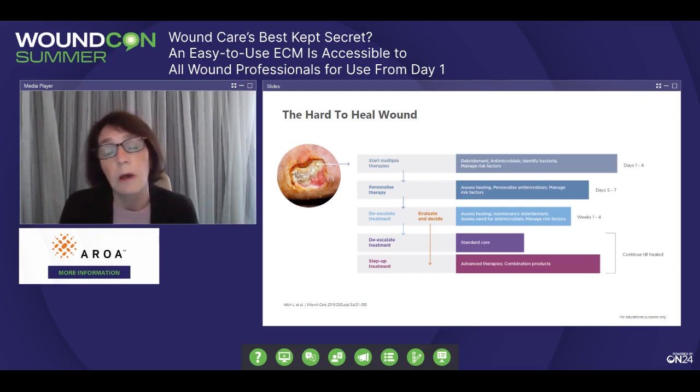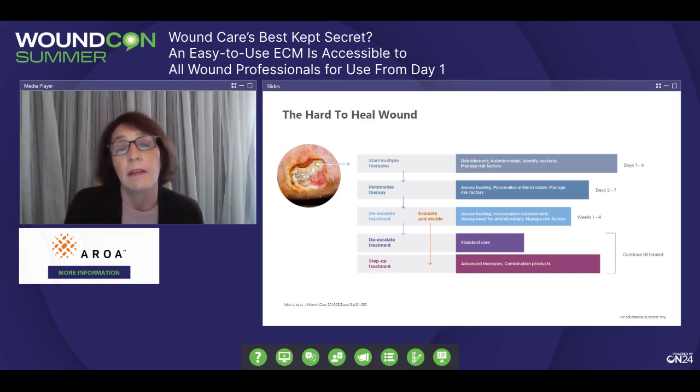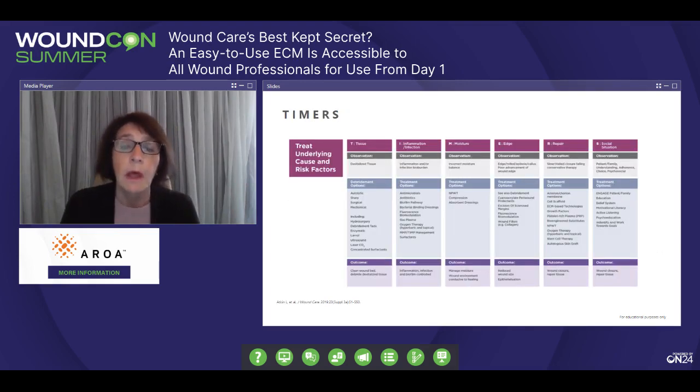And if they're not doing well and you have to wait 4 weeks, then you step it up and we'll use cellular and tissue-based products, or a combination of that with other advanced therapies such as hyperbaric oxygen or negative pressure wound therapy. So there are a lot of combinations you can use. Now, that's the process, and the thought behind the process is this